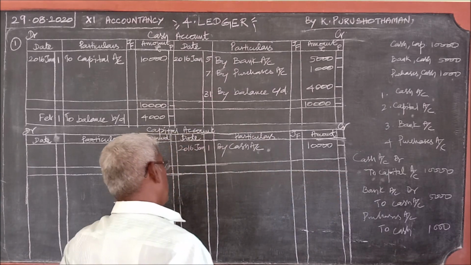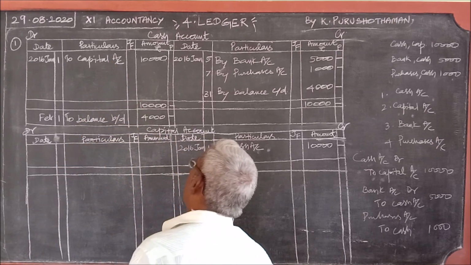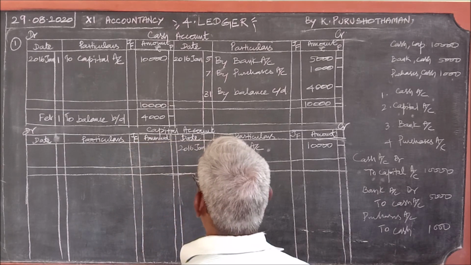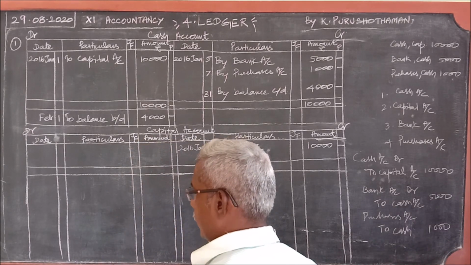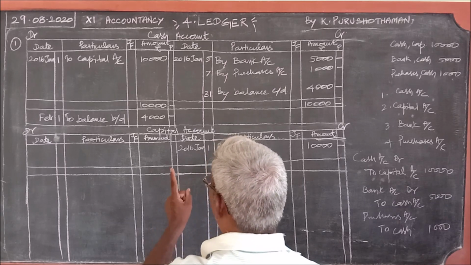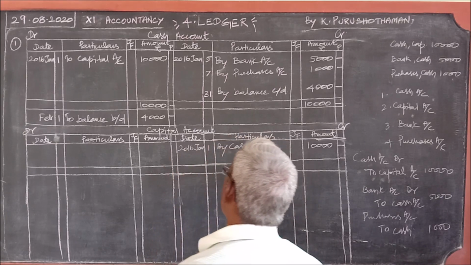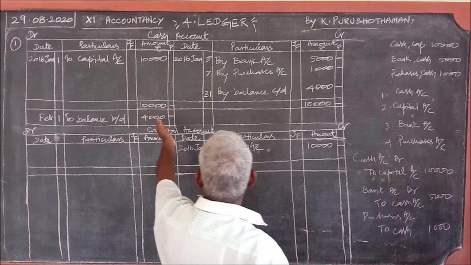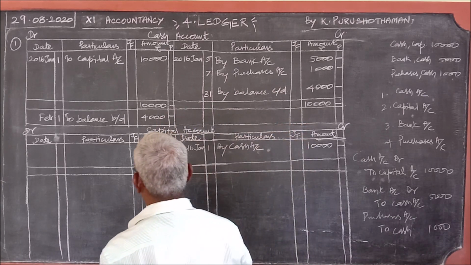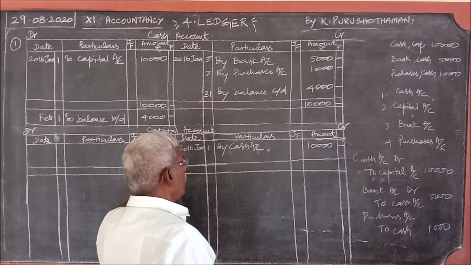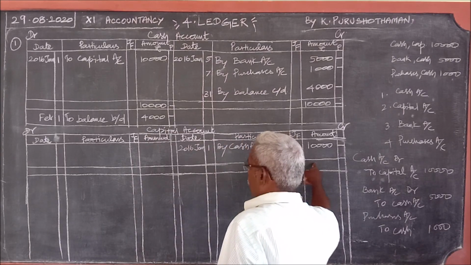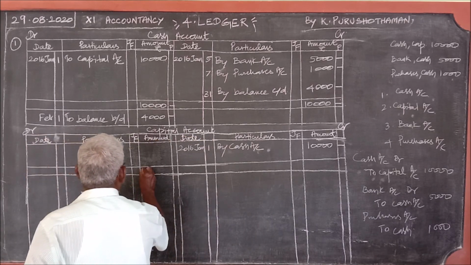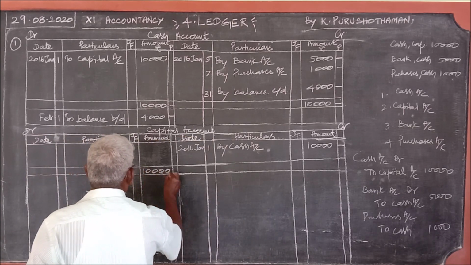Now we can close. What procedure have we followed in the cash account above? We found the total of both sides and wrote only the greatest total on both sides. So in the first ledger, here 10,000 and there 6,000, we wrote the greatest total. Likewise here, debit side total 0, credit side total 10,000. Out of these two, which is greater? 10,000 is greater. Therefore, you write the greater total on both sides.